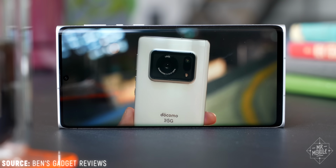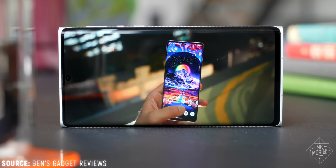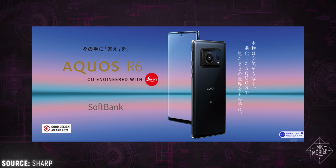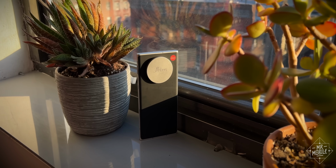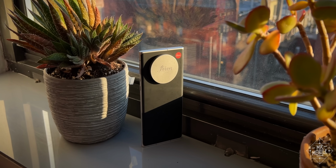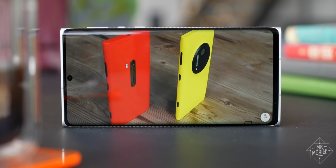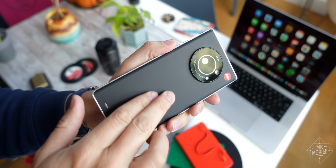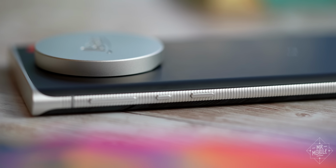But maybe you can see, in this video from Ben's Gadget Reviews, why I wasn't all that interested in covering the Aquos. I mean, take away the huge camera and you're left with a phone that could easily be confused for many others. Well, there's no such danger with the Leitz Phone 1. Not since the days of the Nokia Lumia line have we gotten such an assertive contrast of curves and right angles. The matte black Gorilla Glass back is a perfect contrast to the satin silver side rails, whose anodized aluminum